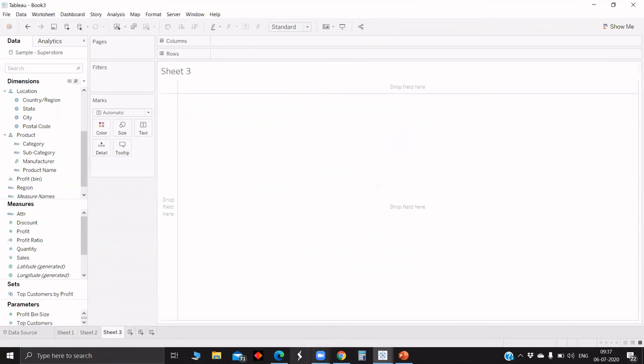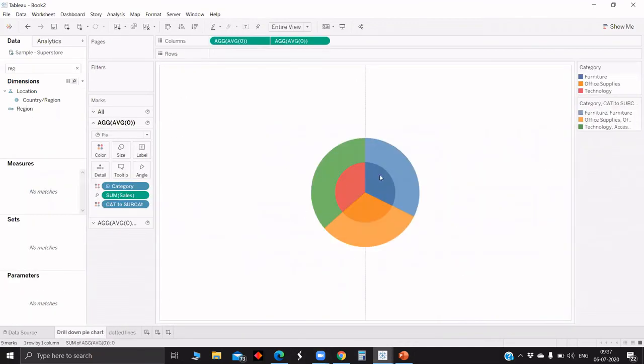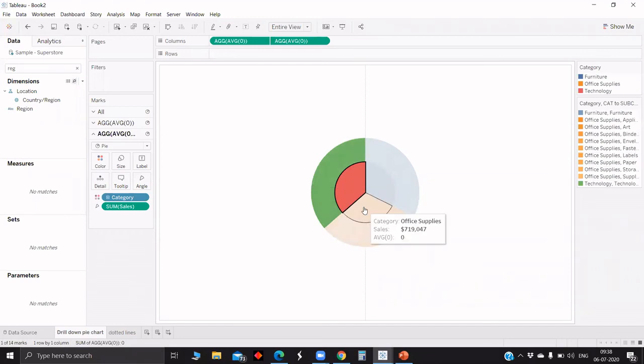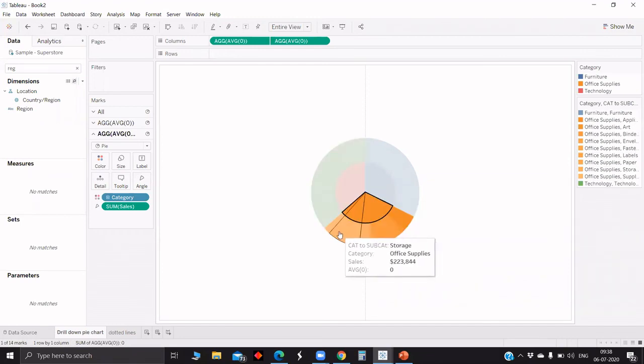Next we will go with the drill down pie chart. What it does is, once you click on category, it will show the subcategories which fall under the category. We will achieve this by using sets and set actions.